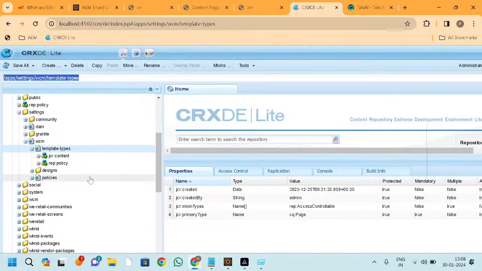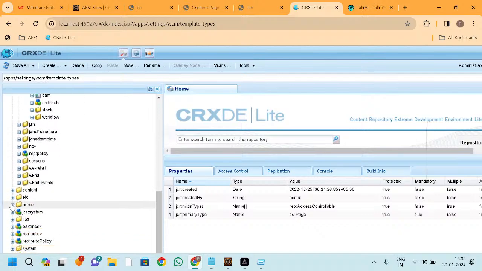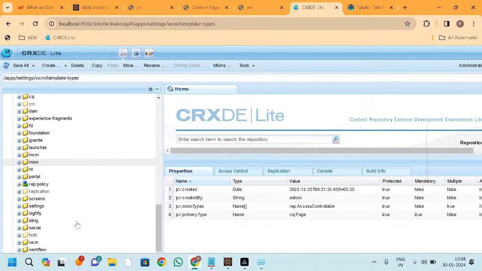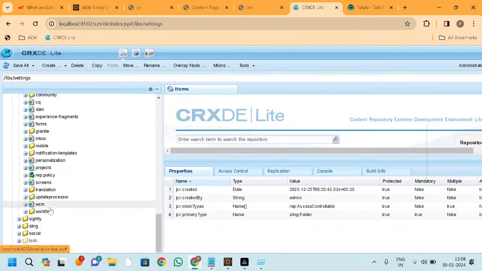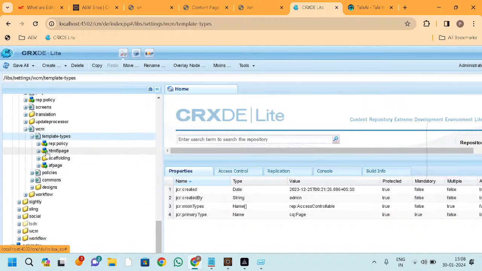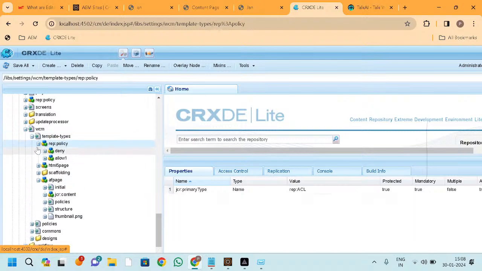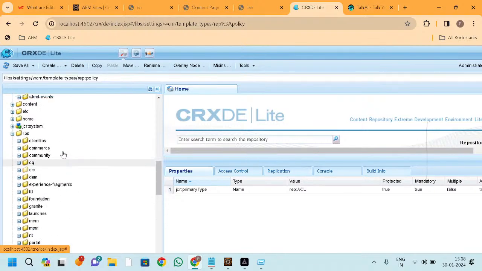We know that all our out of the box things are stored inside the libs only. Now just go inside the libs. You will see settings, WCM, and then the WCM template type. After that, here you see we have an HTML5 page and an adaptive form page. So these are the out of the box editable template types. If you want it here, where